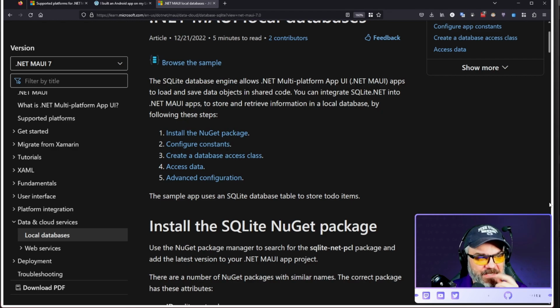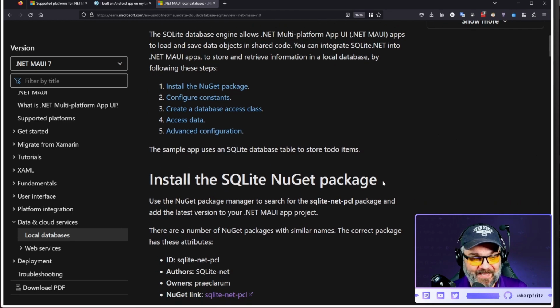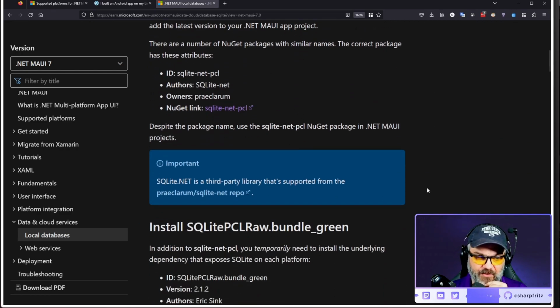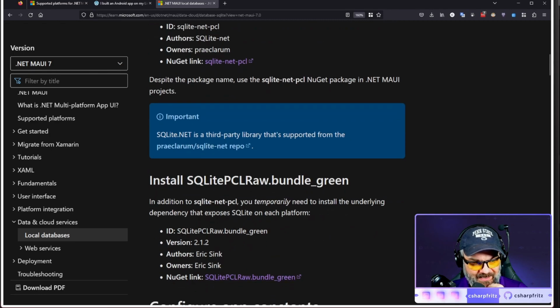Okay. So there's a NuGet package that'll get you access to the SQLite database so that you can work with it. There's just a slight update that you need to get in here. There's 2 packages you need: SQLite NET PCL and SQLite PCL Raw Bundle Green. Man, it's a mouthful. You aren't going to find these things easily. These are third-party wrappers